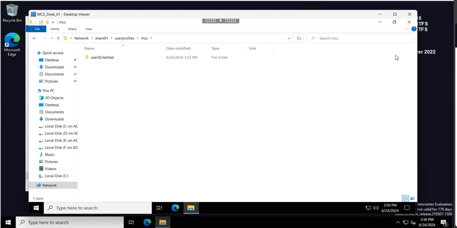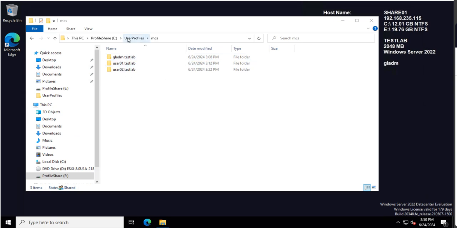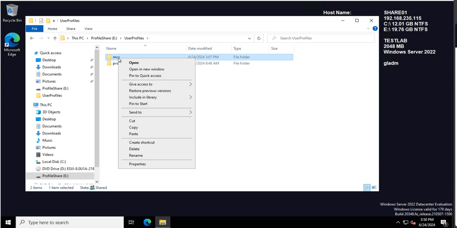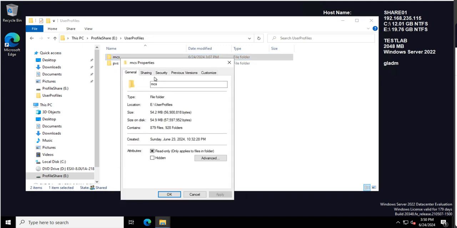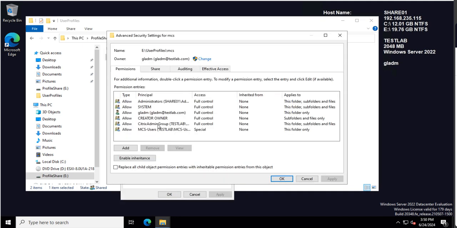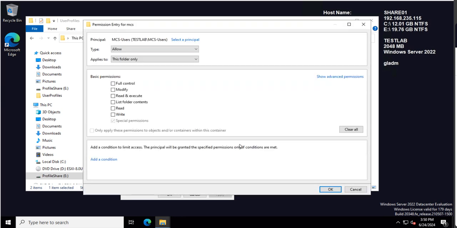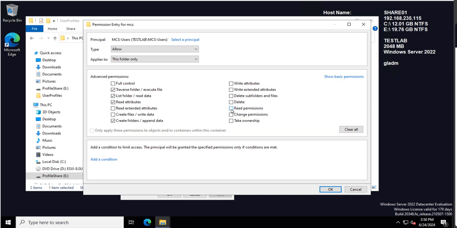Let's go back, user profiles, properties, security, advanced, and here, I don't know if you remember this. This was checked. Read permissions and read extended attributes. So if you leave those marked, then